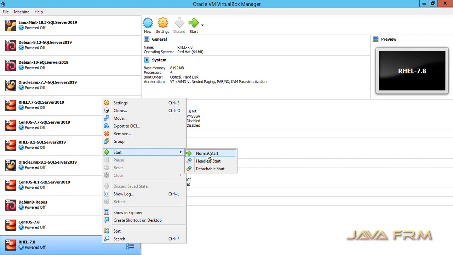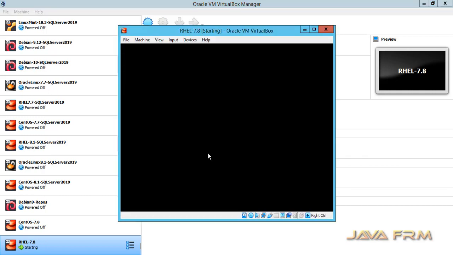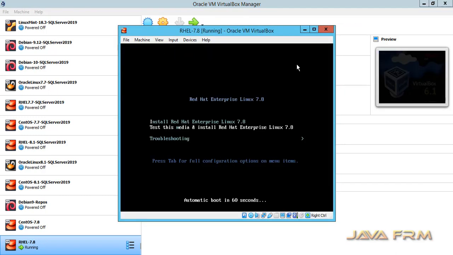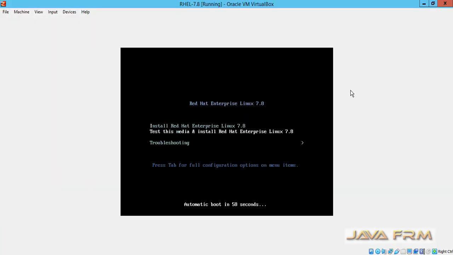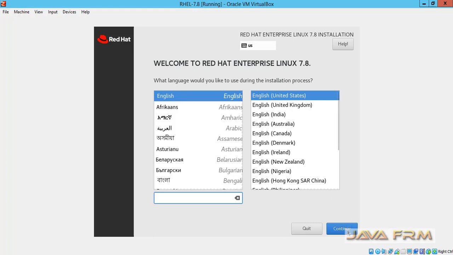So let me start the virtual machine so that we can get Red Hat Enterprise Linux 7.8 installed on VirtualBox 6.1. So the install screen has started. English will be the default language.